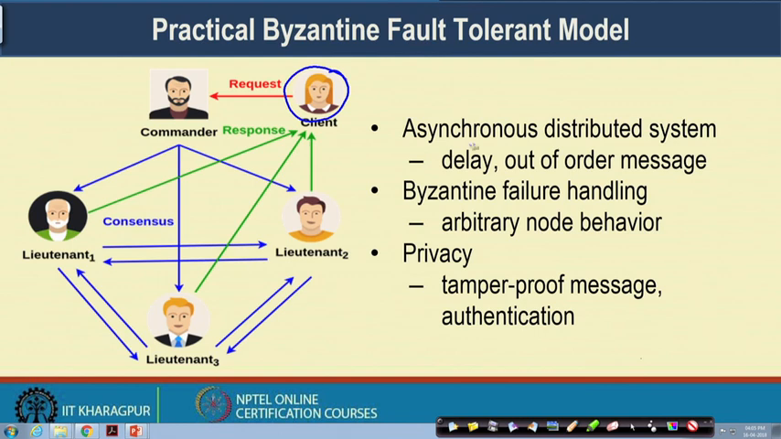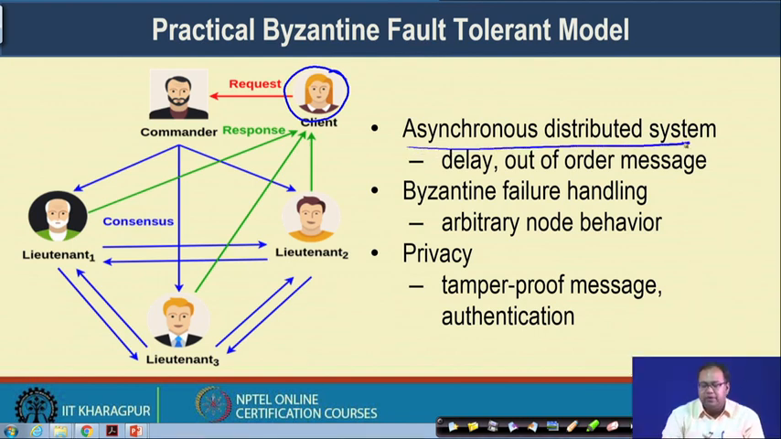If the transaction can be committed in the system, then that response is sent back to the client. So, that way this entire system works. Now, as you have assumed that it is an asynchronous distributed system, because it is an asynchronous distributed system, you can have delay in transmitting the message, and you can also receive